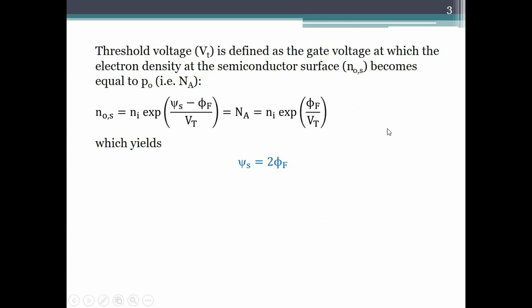Okay. Now, as we saw last time, the threshold voltage of a MOSFET is defined as the gate voltage at which the electron density at the semiconductor surface becomes equal to the hole density deep in the substrate. Now, the electron density at the semiconductor surface, S for surface, can be written as Ni e raised to (psi s minus phi f) by Vt, where psi s is the surface potential. So if I go back,